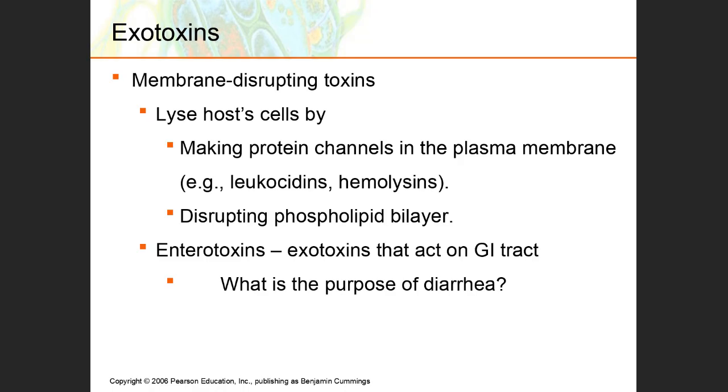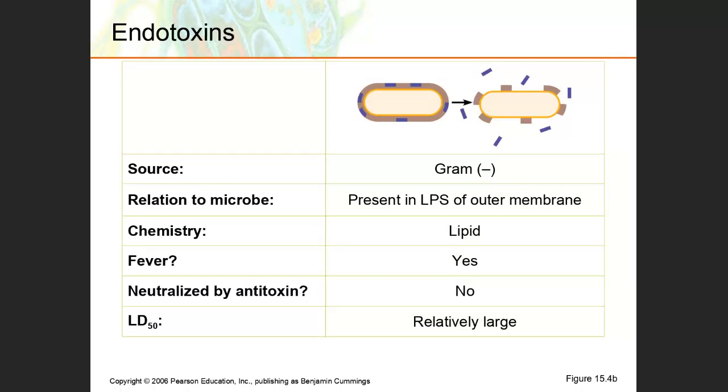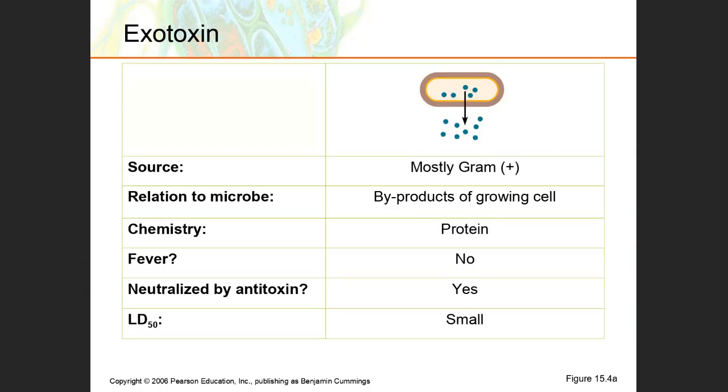Right, so remember, endotoxin is part of the outer gram-negative cell wall, the lipopolysaccharides, specifically the lipid A portion. And it's toxic, but not very toxic. So the LD50 is high. That means you need a lot of endotoxin to really be toxic. But exotoxins have a low LD50. That means they're very toxic, because you don't need very much of an exotoxin to kill half of your test